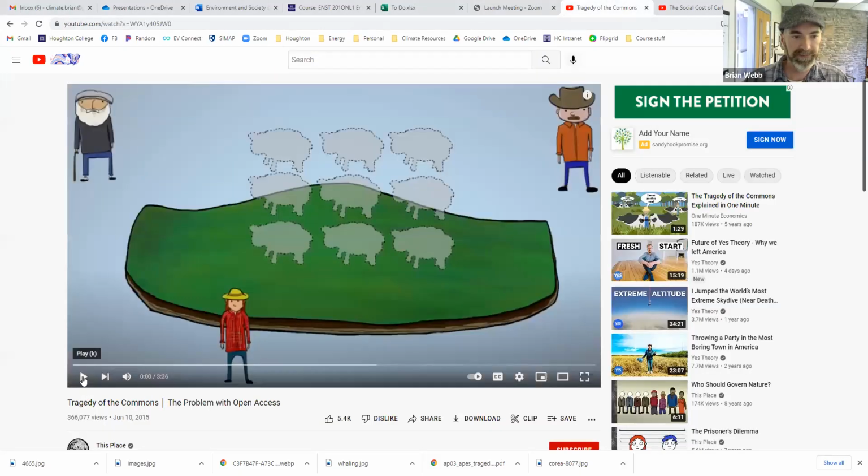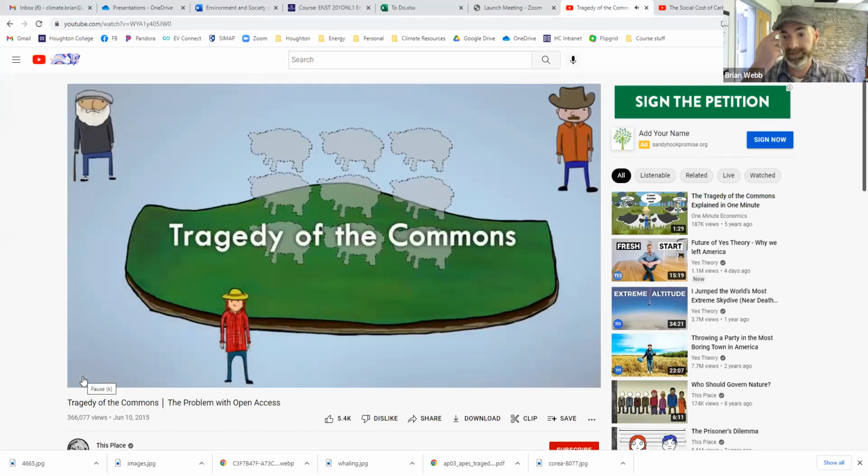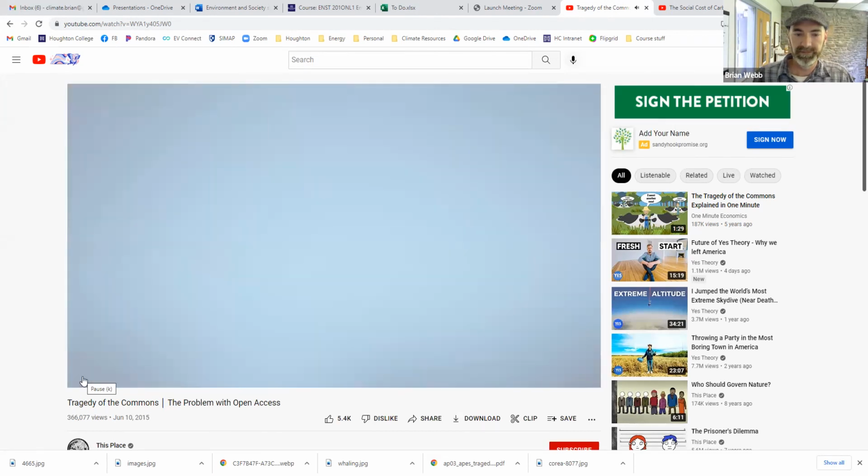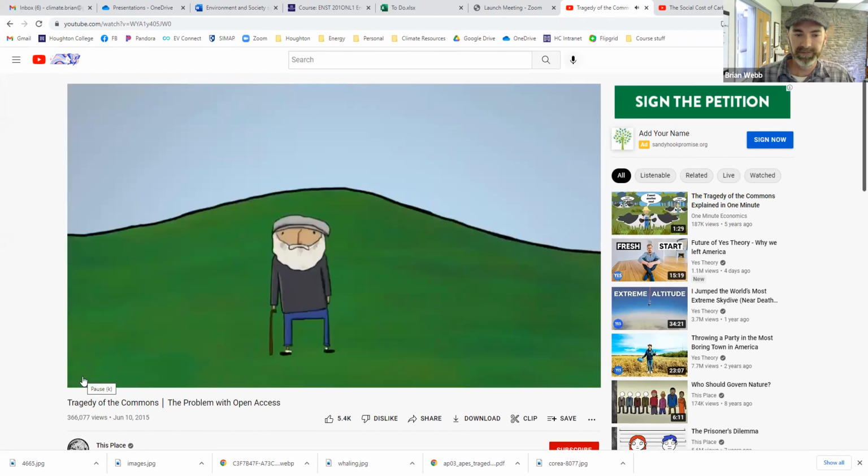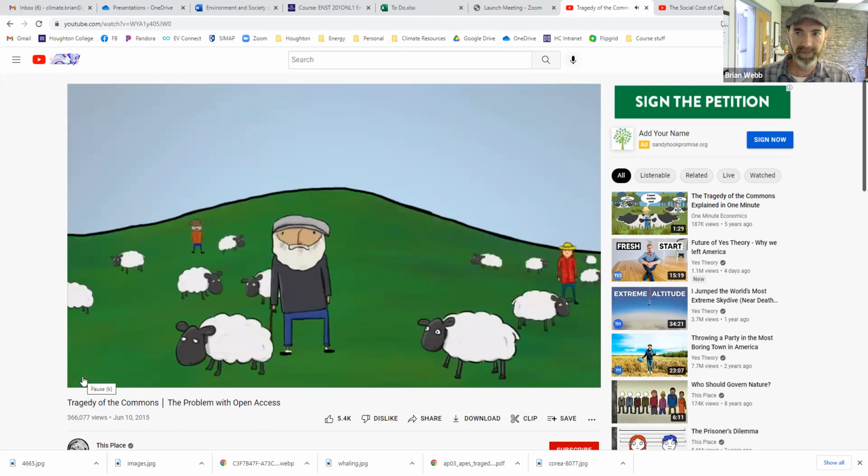there we go. This is a model called the tragedy of the commons, which should be called the problem with open access since it has little to do with the commons, and tragedy is kind of dramatic. Let's say there's some land with grass on it that people use as pasture for their animals. Nobody owns it, and anyone can come and graze their livestock here. We're assuming that people don't communicate or work together, so we would call this an open access field.